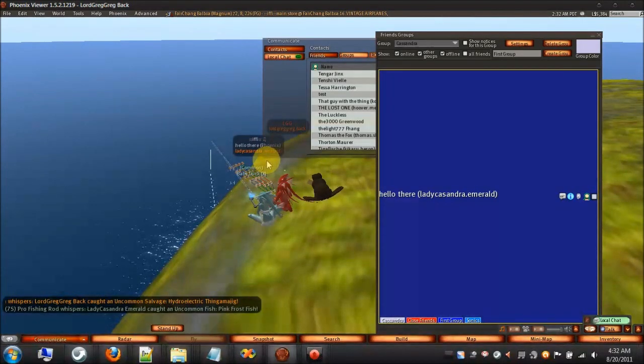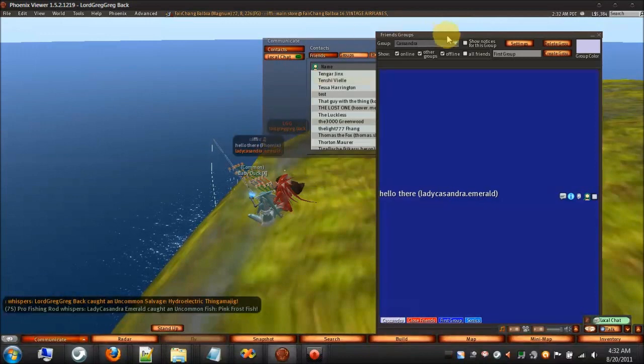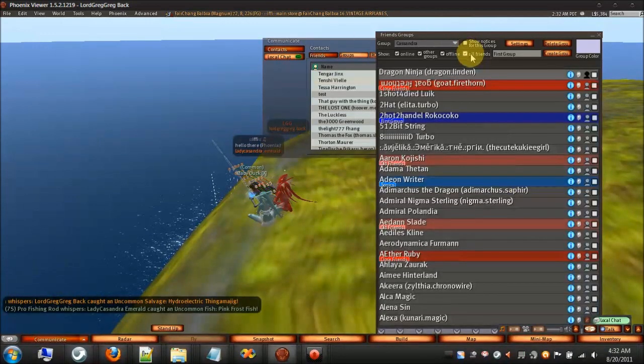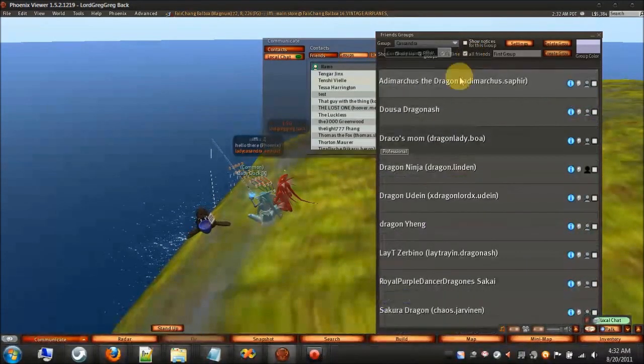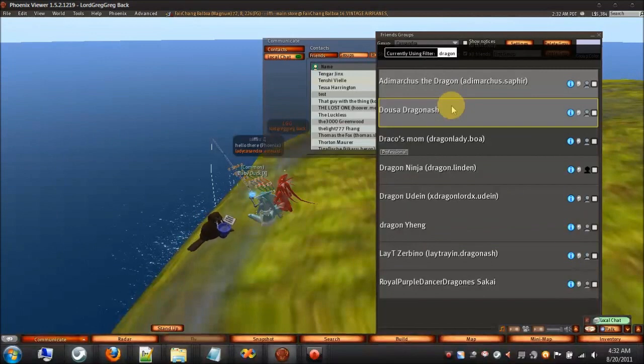Now we just added Dragon Linden, but we don't see him in this group list because we have not added him to a group yet. So go ahead and turn on All Friends, and we can quickly find him. Well, for one, he's at the very top. If he was not, you could actually start typing in. I'm typing in Dragon right here at the top, as you see,